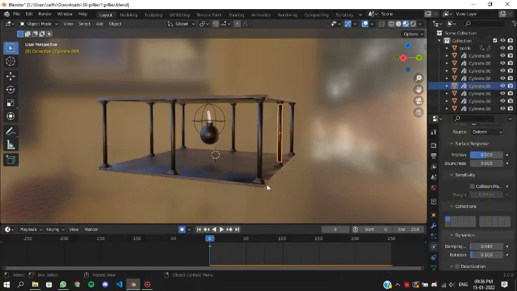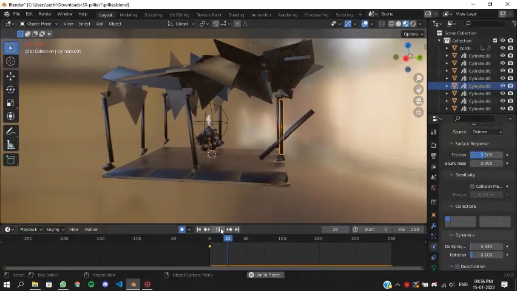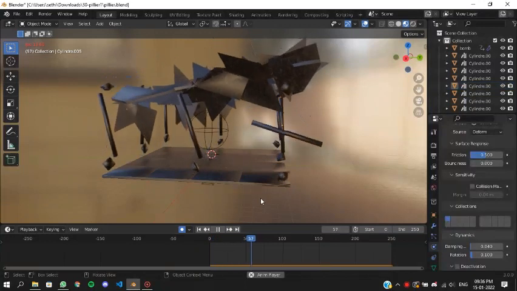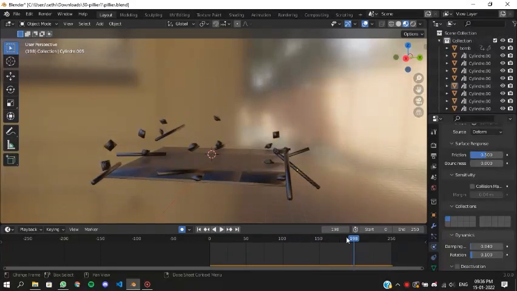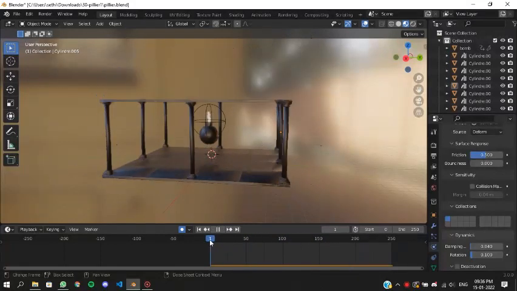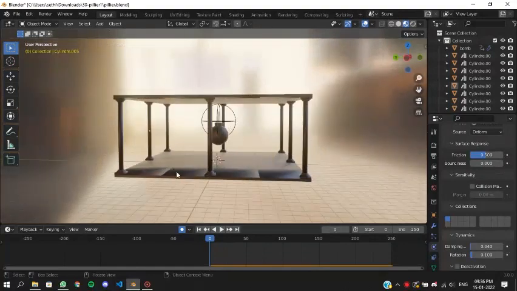For example, if I show you one more time, look here. This seamless transition over here is all random, and it can be changed as needed.